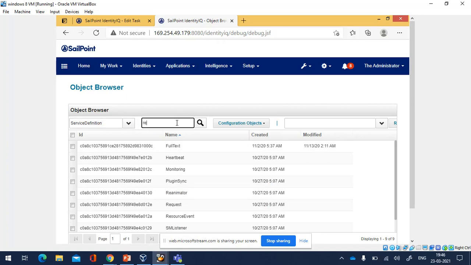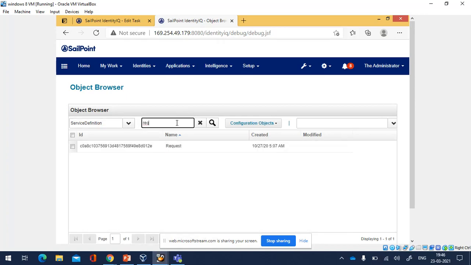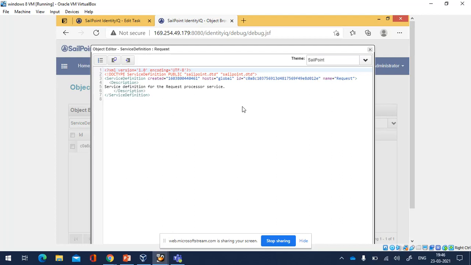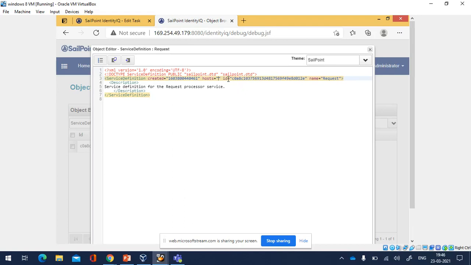And one more object is the service definition request object. This service definition request object is generally US server. As we had discussed earlier, the US server handles the requests that come from the end users, which are like requesting forms. In this we have a field known as host. In this host, we have to give the host names of the servers that are present. Here we have given it as server 1 and server 2.